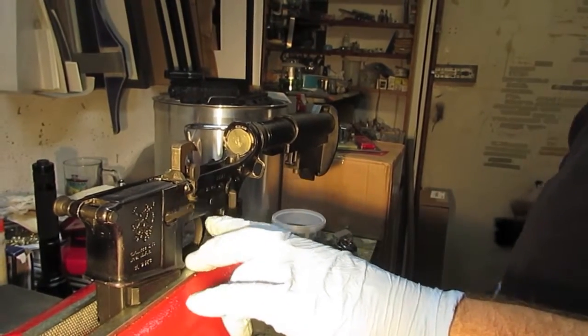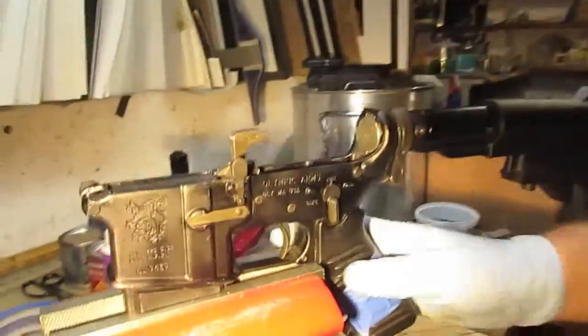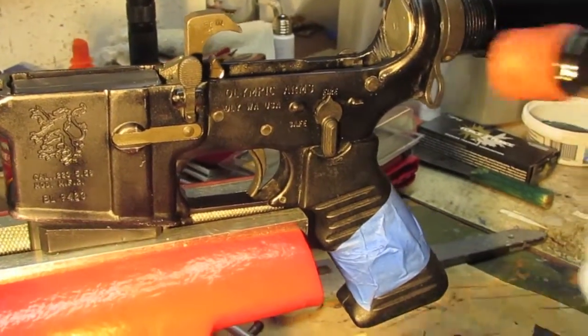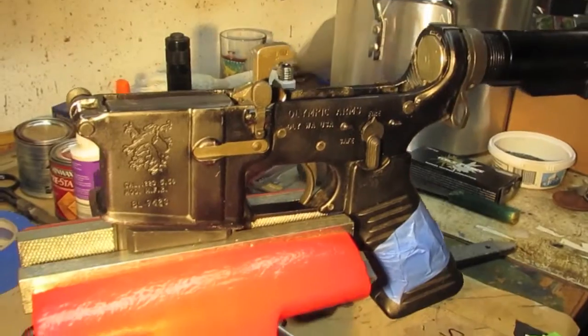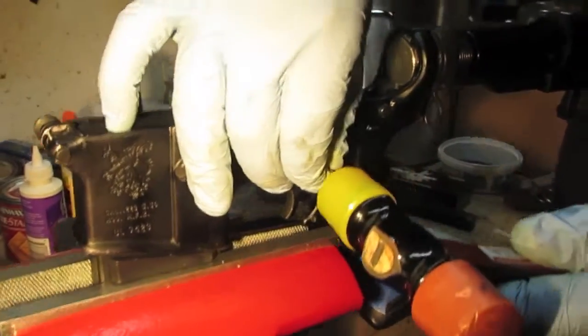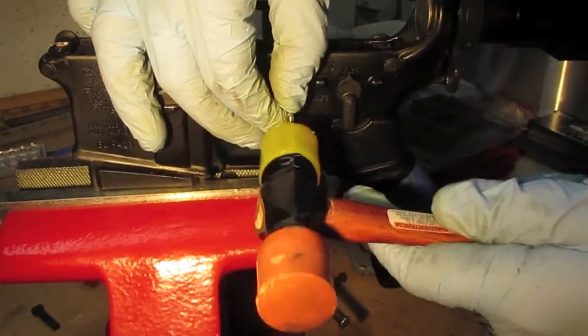I have this brand new set of anti-rotation trigger pins here. So if you can get a shot of that. What I'm going to do is I put the little keyway on the end of the pin. So I'm going to take my hammer, my dead blow here, and line it up perfectly. I'm just going to sort of knock it through. The pin's going to fly out,